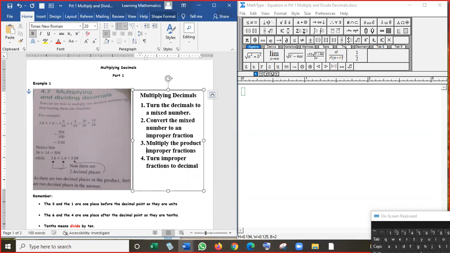When you add, you get a sum. When you subtract, you get a difference. When you divide, you get a quotient. When you multiply, you get a product. So after you multiply, you get the product, and then you change it back into a decimal. So you multiply the improper fractions and turn the improper fraction, which is a product,